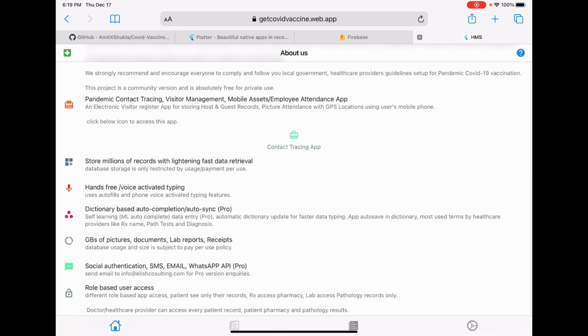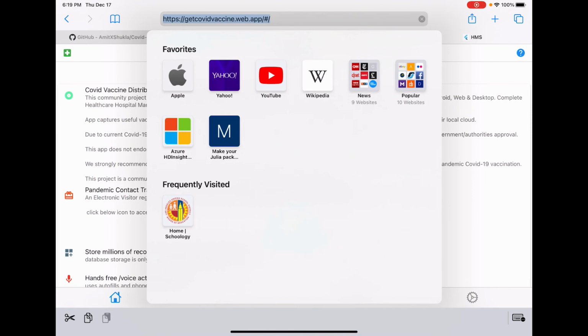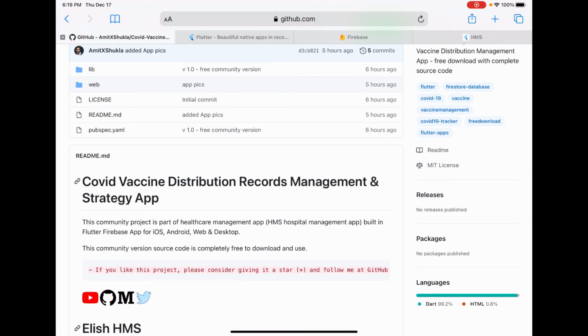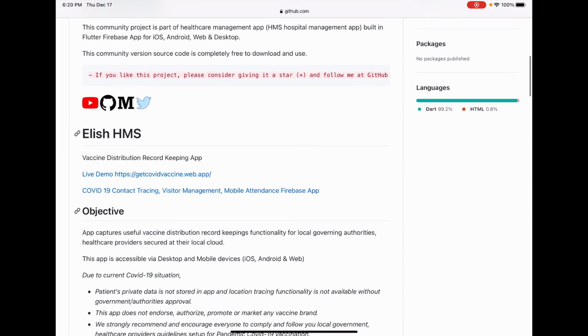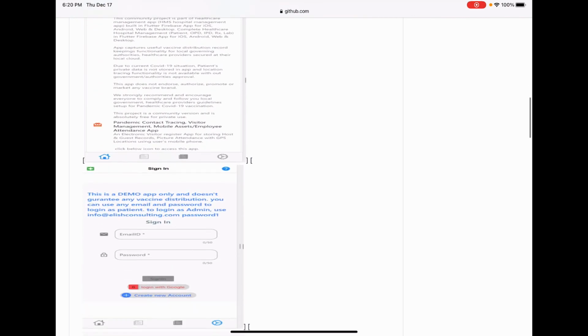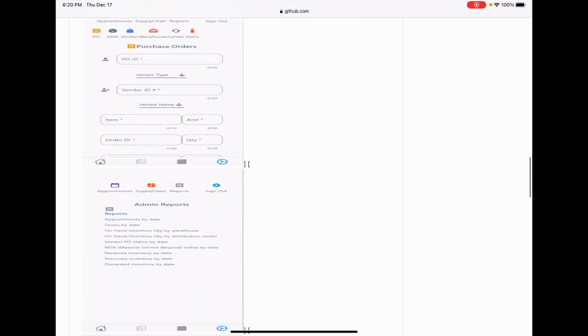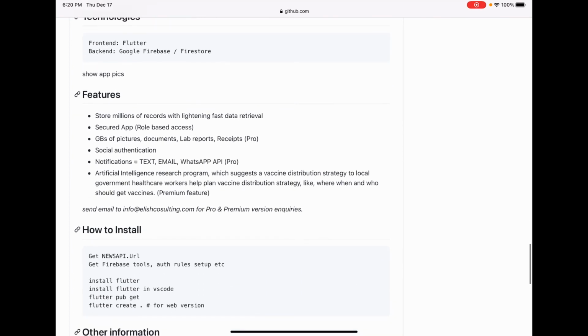So I think I covered a lot. It's a very basic application, and it's my gift to my community. It's a community project. I just thought, okay, let's do something about it, because these are the only skills I have, building apps. So that's the reason I built an app. Again, you can find all of this information in my GitHub repository. If time permits and if I get enough interest, enough inquiries, I will do another video on how to install this application, if you're interested in deploying it on your local cloud.